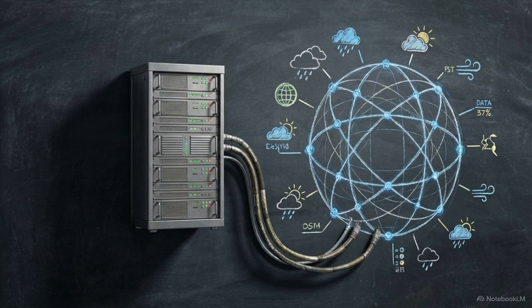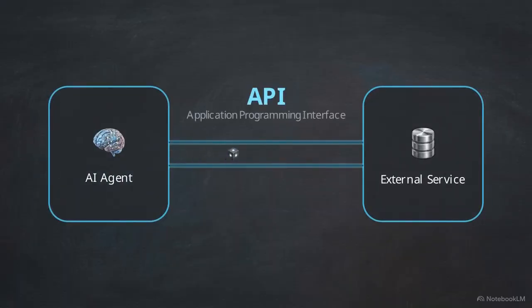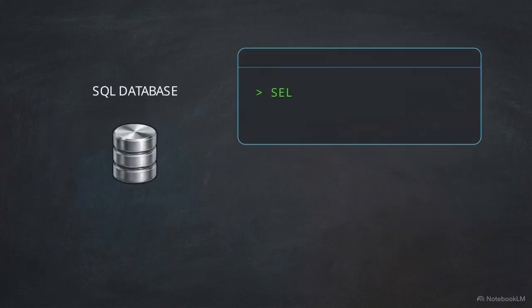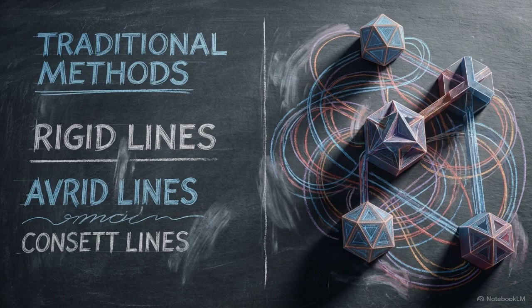Second, an agent is useless if it cannot interact with the real world. You must connect your language models to external APIs, SQL databases, and local file systems. APIs, or Application Programming Interfaces, are sets of rules that allow different software programs to communicate with each other. SQL, which stands for Structured Query Language, is the standard programming language used to manage and extract data from relational databases. Mastering this orchestration and tool integration separates developers using outdated tools from modern systems engineers.